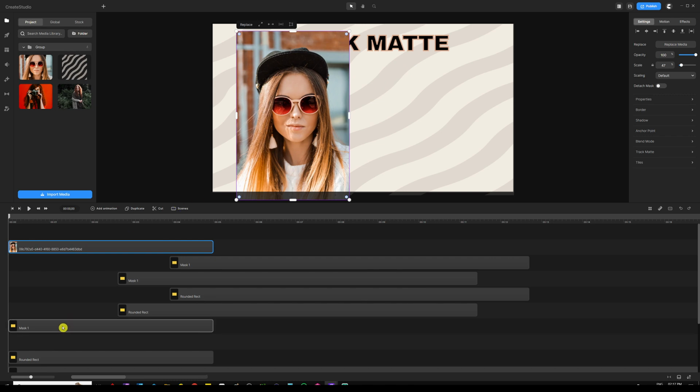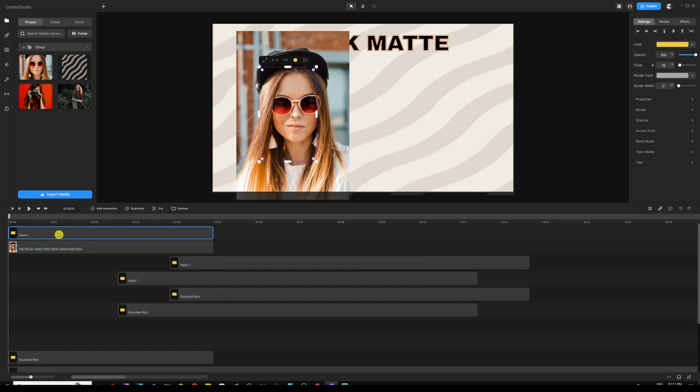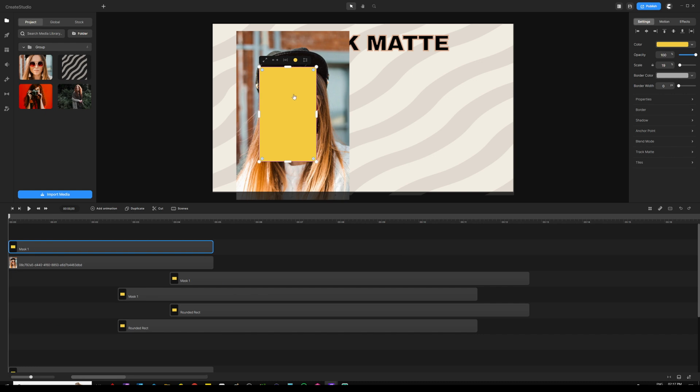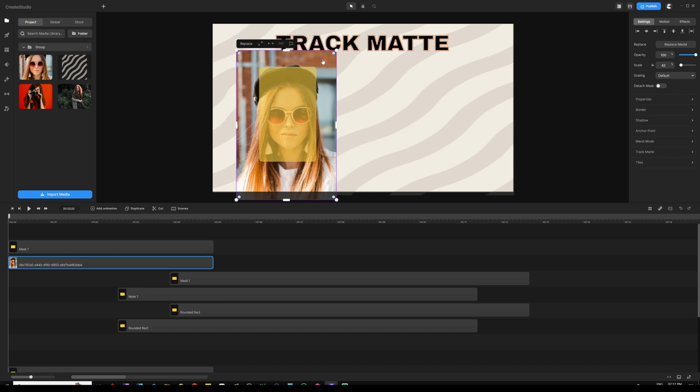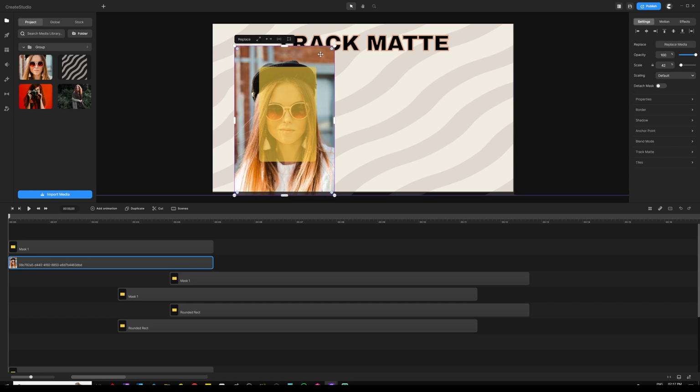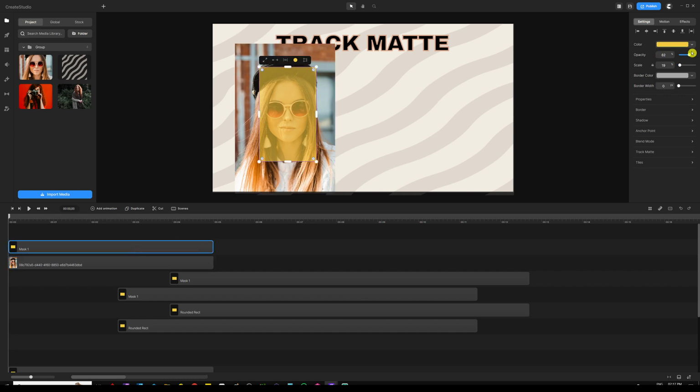I might as well just grab the mask number 1 and get it up on here right there. Decrease the opacity just a little bit more like this. And then I can simply resize the image just so we can have a close-up shot on our face inside the mask, just like that. And remember, when you're done, you want to click on the mask layer and then go back and then increase